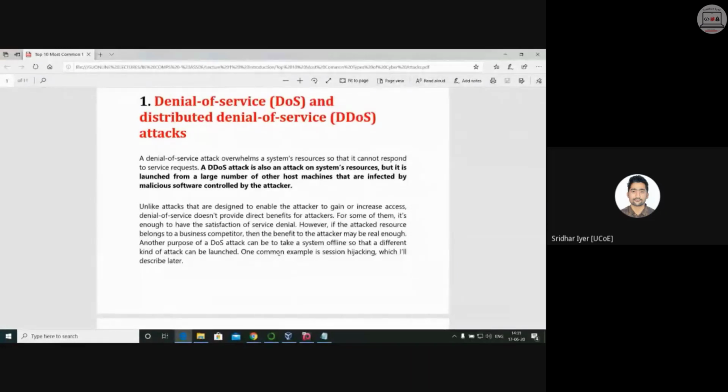So if a lot of people are accessing a particular website or a particular resource at one point of time, it knowingly or unknowingly causes a denial of service kind of attack. So the solution is you either reduce the traffic or make your queues, the buffers, of huge length, so that more people can be accommodated.